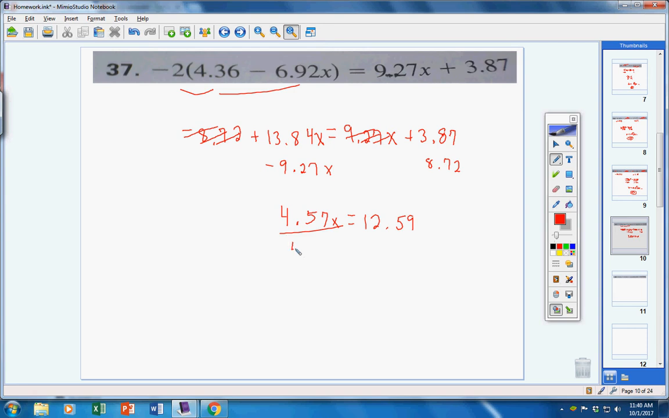Now we'll divide both sides by 4.57. These cancel, and x equals 12.59 divided by 4.57, 2.754923 continues on. My third decimal number is a 4. That tells you to leave the 5 alone. So your answer is 2.75. Alright, and lastly,